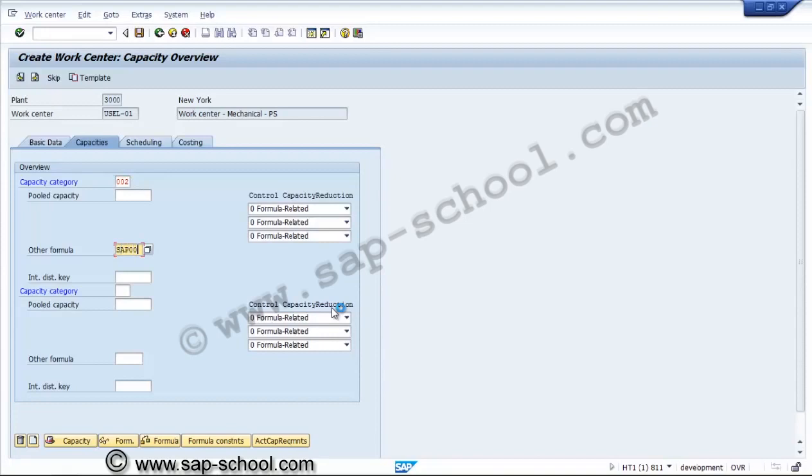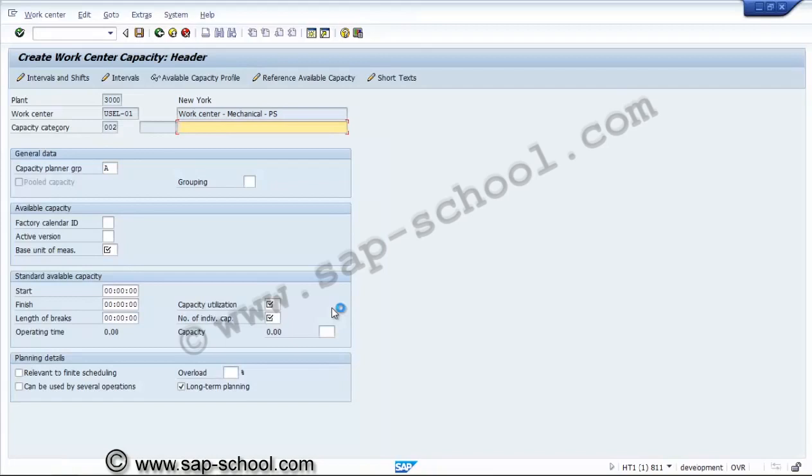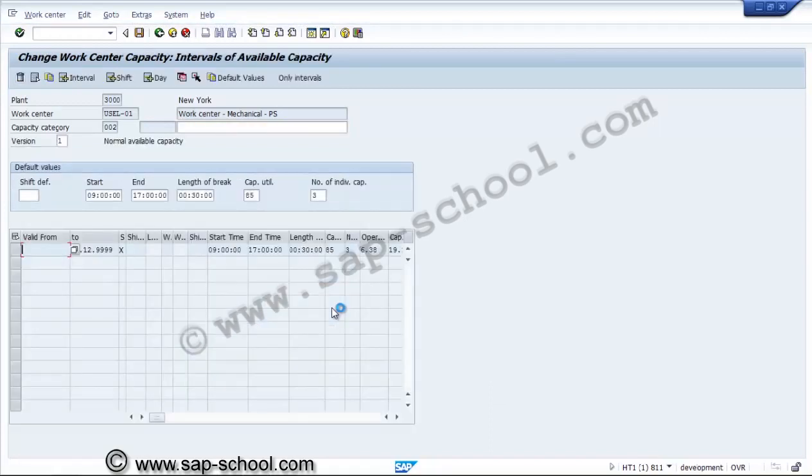We are using the same, and the capacity US, and this is 01, this is hours, and these are the work hours, shift timings, and capacity utilization 85%, number of internal resources. If required, we can use the interval.